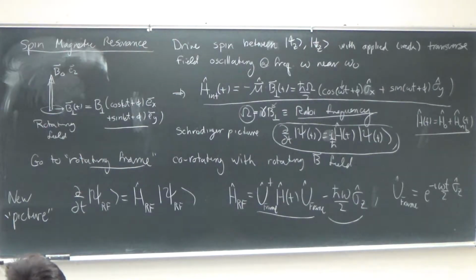That's like the Coriolis force. So this is one of those fictitious forces. So when we did that, then we found that, as expected, the magnetic field is static in the co-rotating frame. And the Hamiltonian in the rotating frame then has the form,